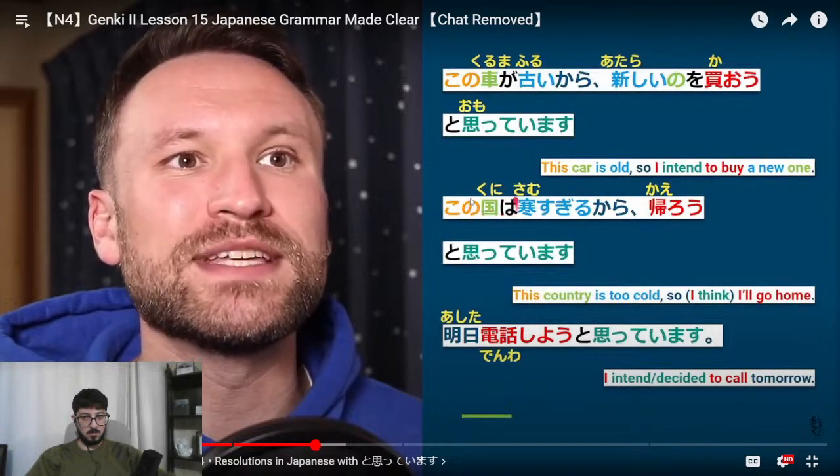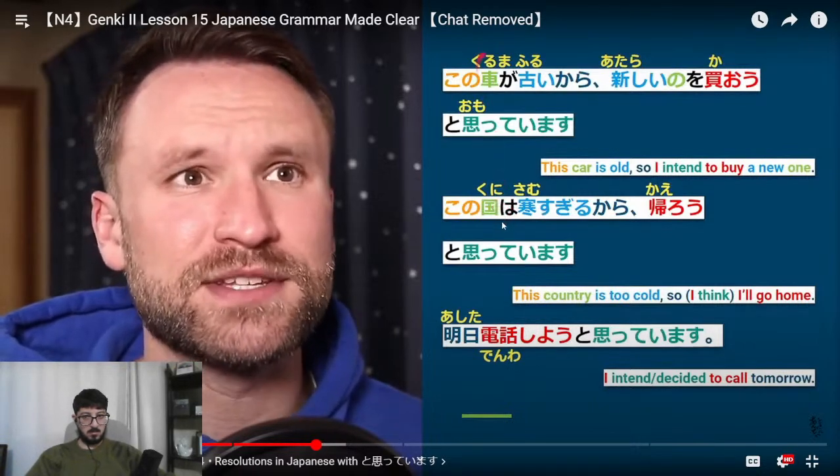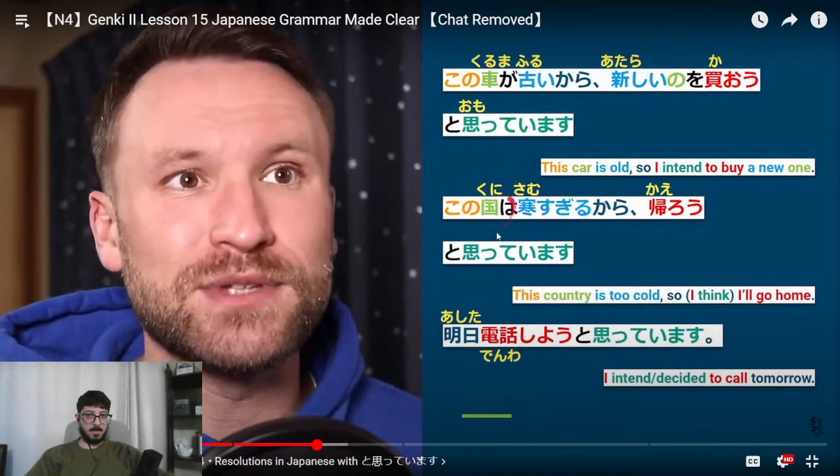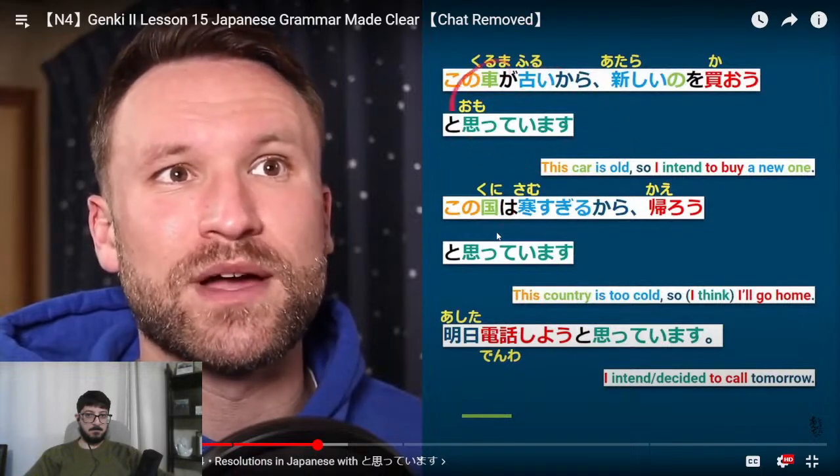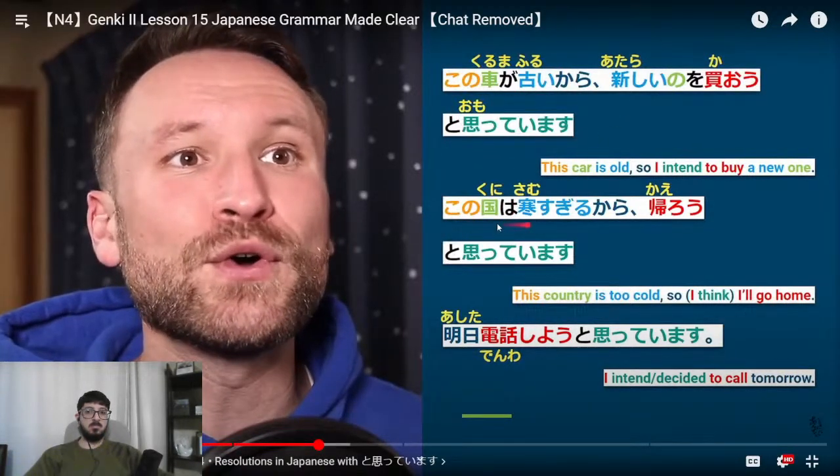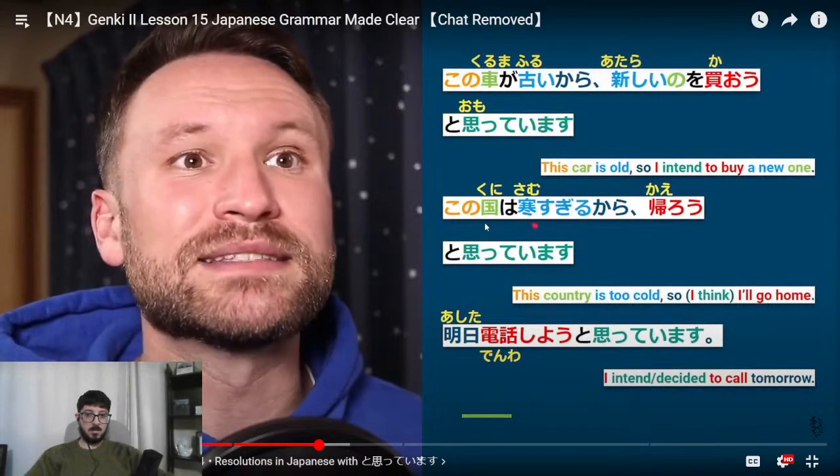Here, この国 is the new topic. It just came up in the conversation. That's why we're using wa instead of ga. New topic in the conversation. Perhaps this conversation was going on for a while. So ga is used when the sentence is continuous to the previous sentence. But when it's wa, it's a new topic. Never been mentioned. Okay, this country never been mentioned. この国は寒すぎるから